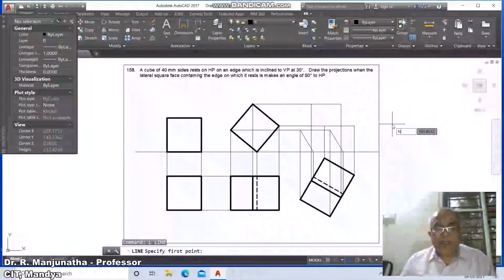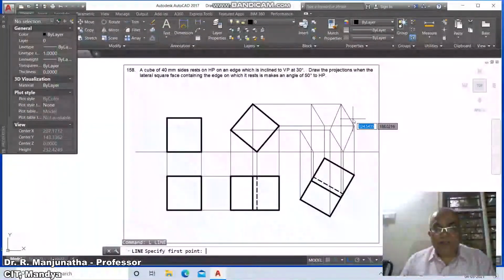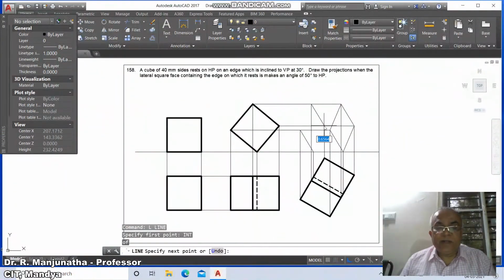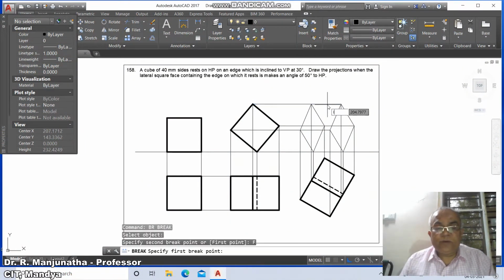Then go to line INT of this and intersection point of this, and then go to line INT of this and take the intersection point of this. Then draw INT of this. Now you take INT of this and line INT of this, take INT of this. Then go to line INT of this and take INT of this, then go to break, select this first point,